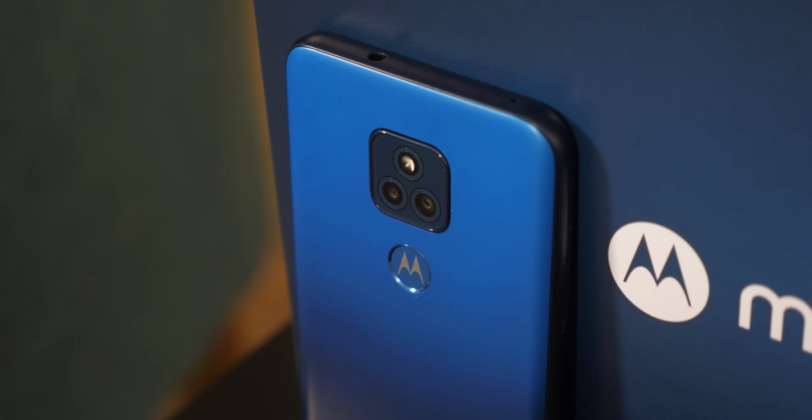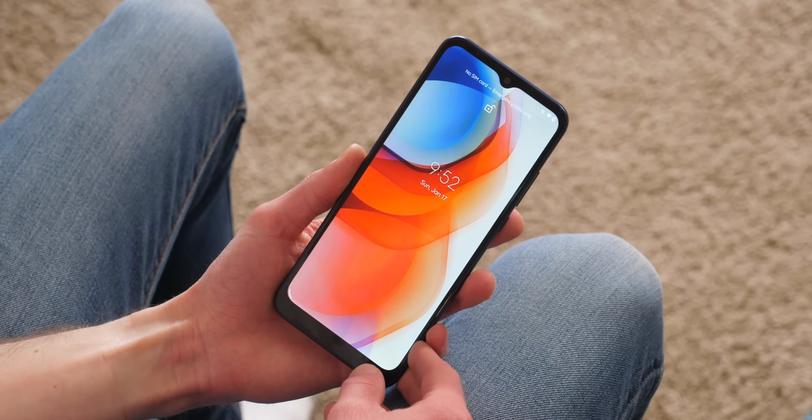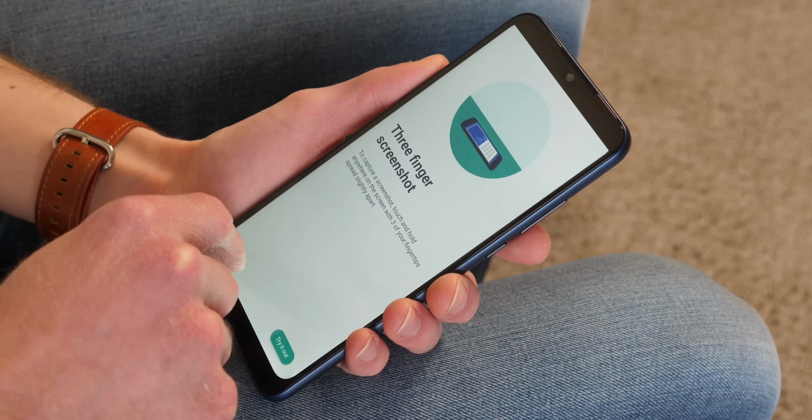Now kicking off the list, we have the Moto G Play. This is the most inexpensive Motorola phone launching so far in 2021, featuring a retail price of $169. And as you would expect for a phone that cheap, you have to put up with a few compromises in the process. Looking at the spec sheet for the Moto G Play, we're treated to a 6.5-inch HD Plus display,